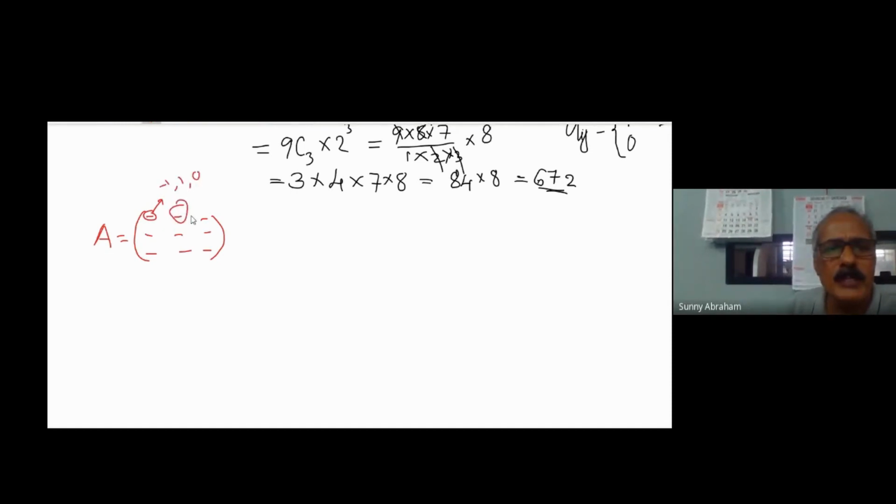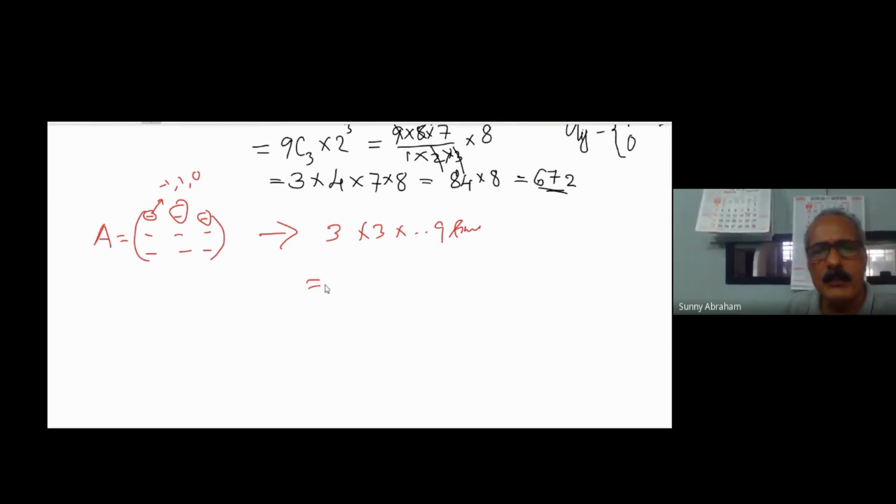Therefore each of these boxes can be filled in 3 ways. So the total number of A's will be 3 into 3 into 3, 9 times, which is 3 raised to 9. That will be the total number of matrices. This can be a question asked in probability: what is the probability that the trace of A into A transpose is equal to